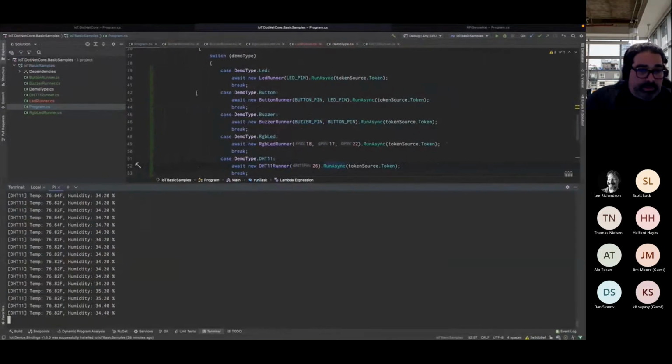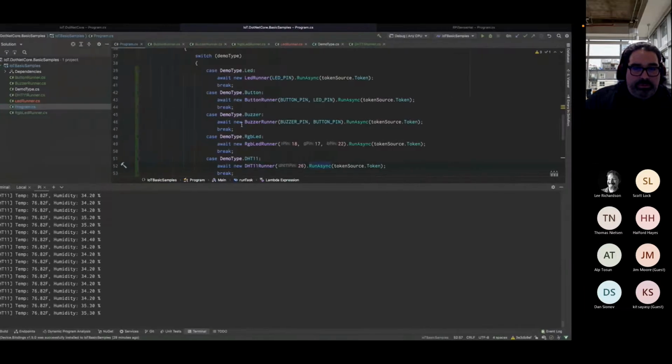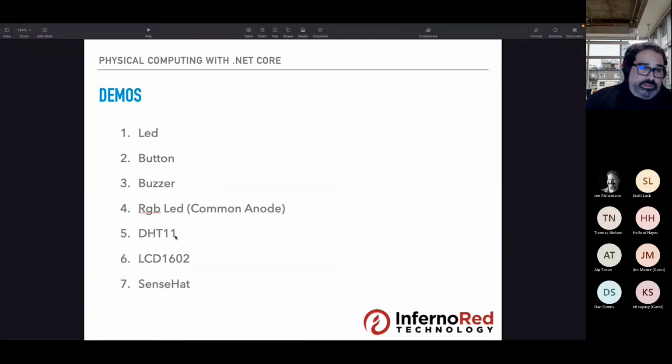So glad that one worked. Let me see what we have left. In this demo, I put together two things: the DHT11, which was using a very specific device binding. In one of my earlier slides, I mentioned protocols of communication to GPIO ports, I2C, which is what the LCD1602 was using, or the DHT11.